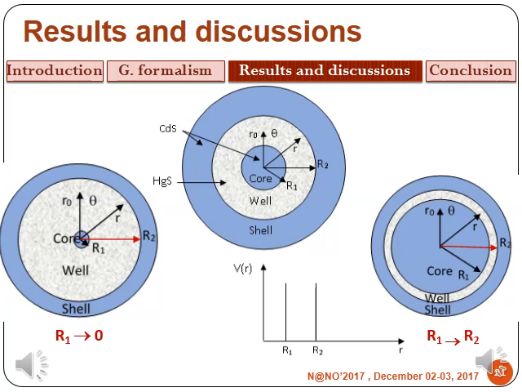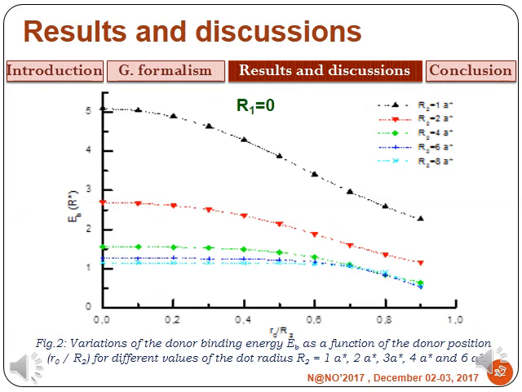In the study of our physical system, two cases arise. Firstly, when R1 tends to 0, we have the case of a homogeneous quantum dot. Second, when R1 tends to R2, we have the case of a narrow quantum well. In figure 2, we present the donor binding energy as a function of the donor position in a spherical quantum